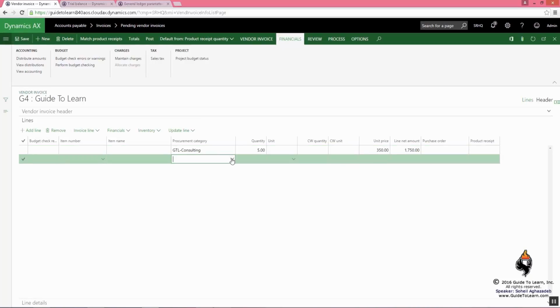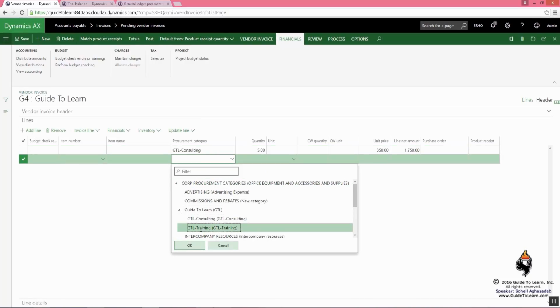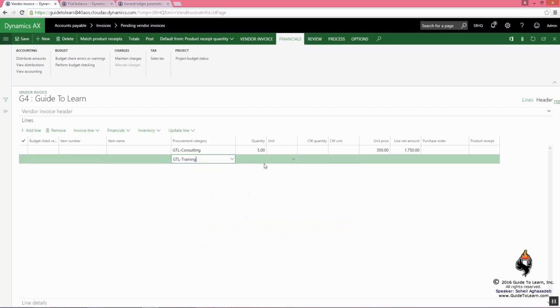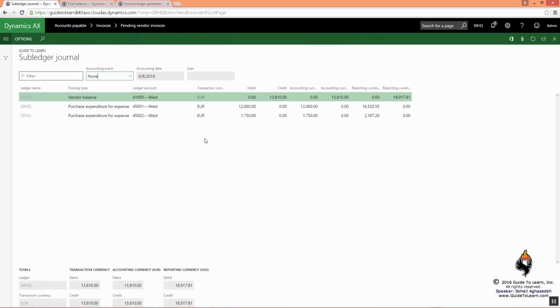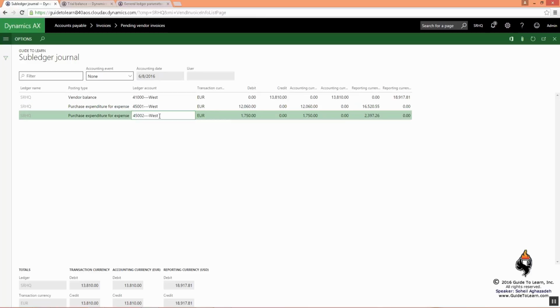If I remove that and I add the line again and put in the GTL training, now you see 18. Let's go with $670. If I go to the view accounting, everything's perfect and inter-unit is gone. That means there is no need for inter-unit because you do see literally the same exact value of the financial dimension for the purchase expenditure for expenses for both lines against the vendor summary account,